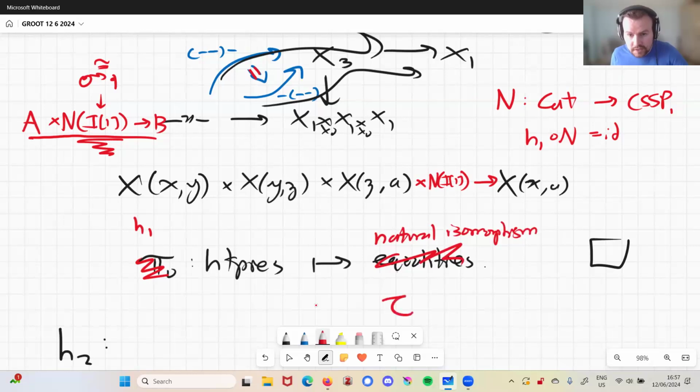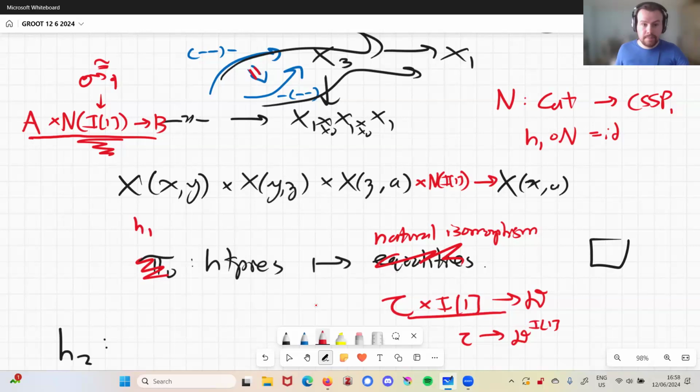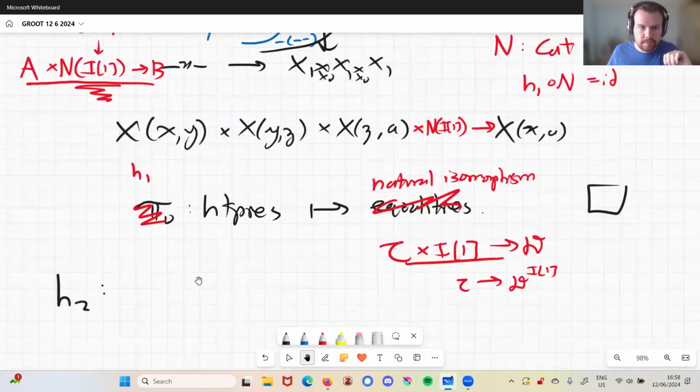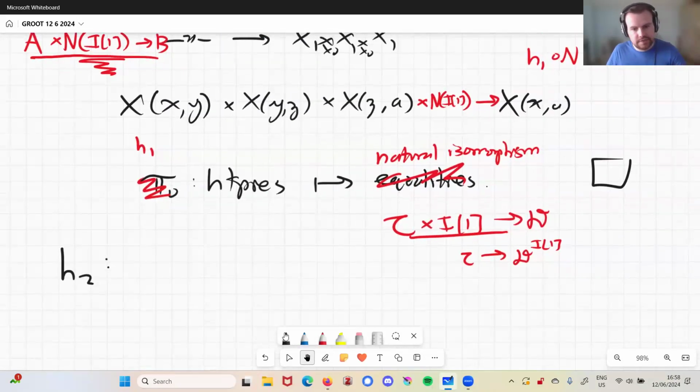A functor from C times I of 1 to D is exactly a natural isomorphism. Usually you see it in the tensored version, the opposite way, D to the I of 1, right? You send each object in C to an isomorphism in D, and you do this naturally, right? That's the usual notion of a natural isomorphism, but this is totally fine too, right? So what happens is that h1 will send this homotopy to an isomorphism, the associator, right? Okay. So we now have our associators, and you can get unitors in a similar way.